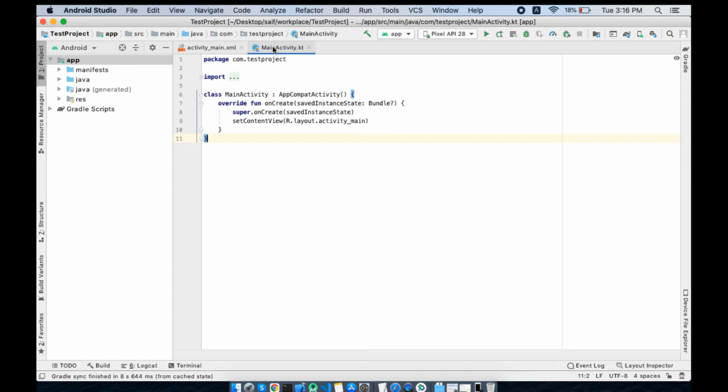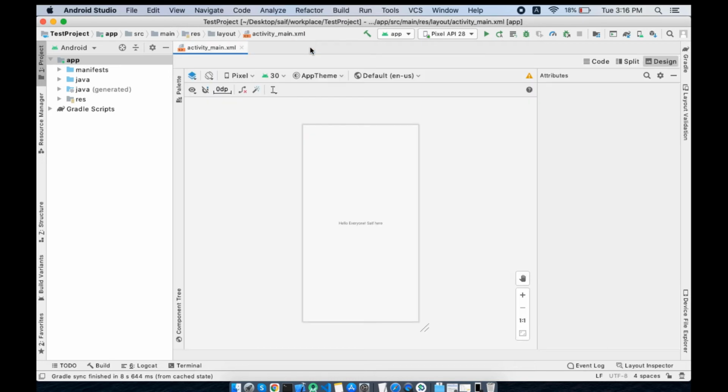This file is the main functionality and coding file where we write our logic and code. For now we will not be doing any functionality, we will keep it simple, so I will close it for now.